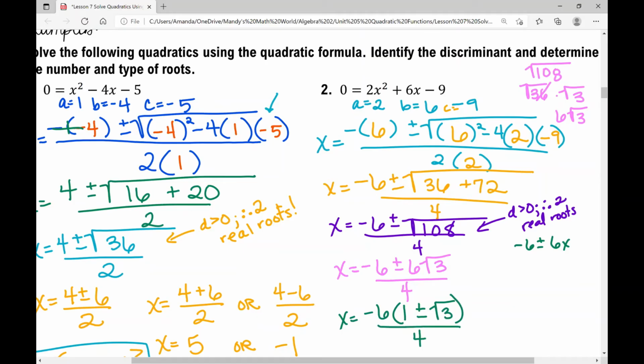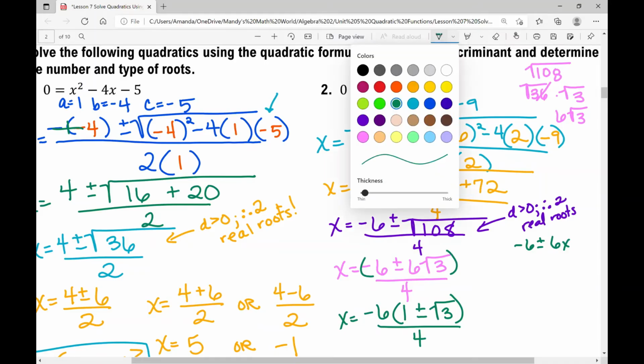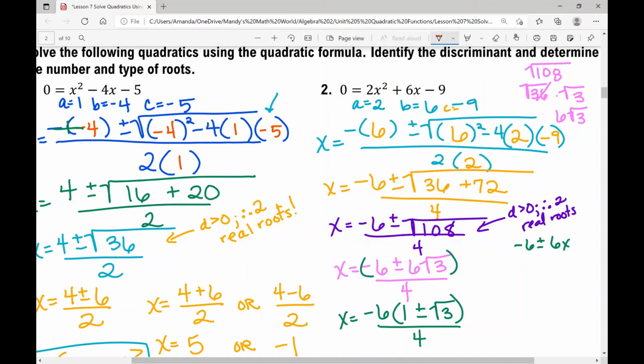And now I have a lot of students wanting to simplify, like this up here is an expression you cannot touch. You can't simplify anything individually with your denominator unless you pull something out, unless you factor something out, which is what we just did. And so now we can simplify this negative 6 and this 4. I can divide both of those numbers by 2, and I'll get 3 and 2,